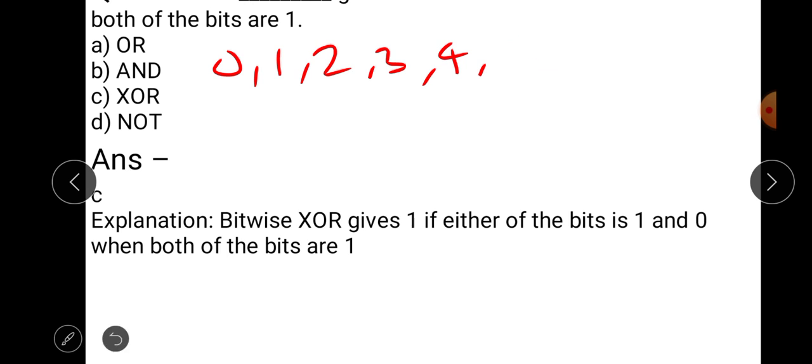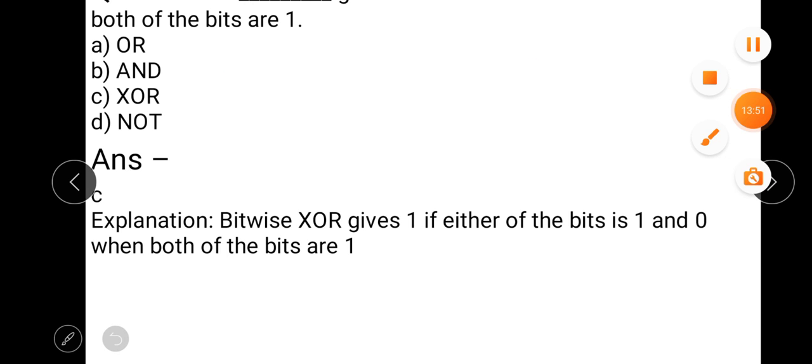Now the second question, which is very important, and this question is how we can convert one number system into another. This is a very important question. So first of all, since the binary number system is very important,